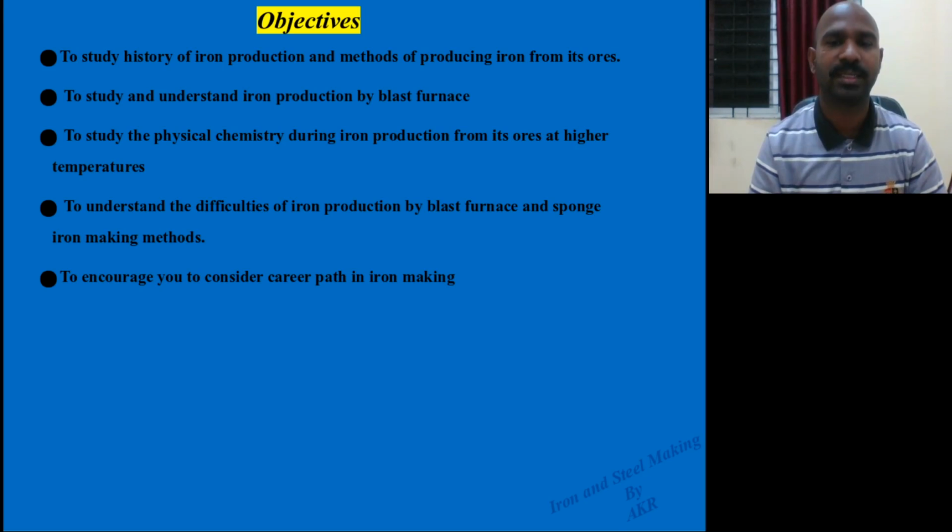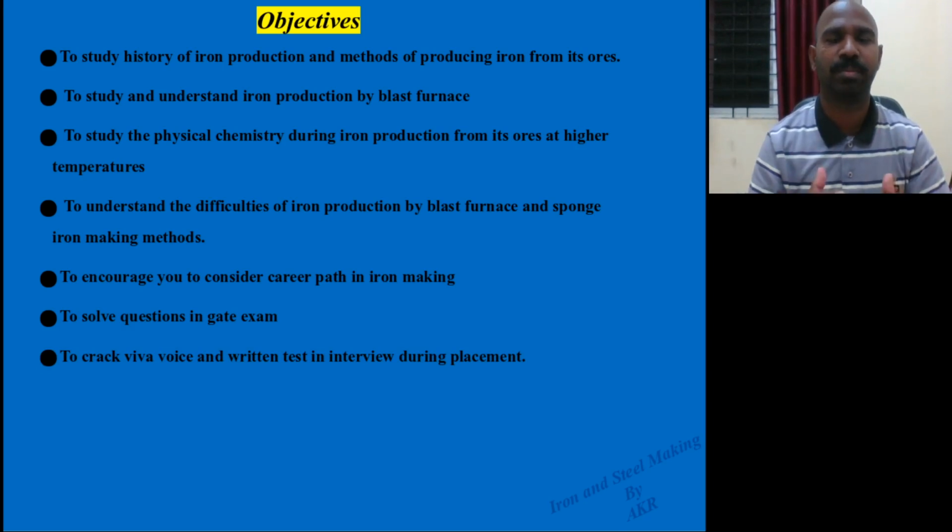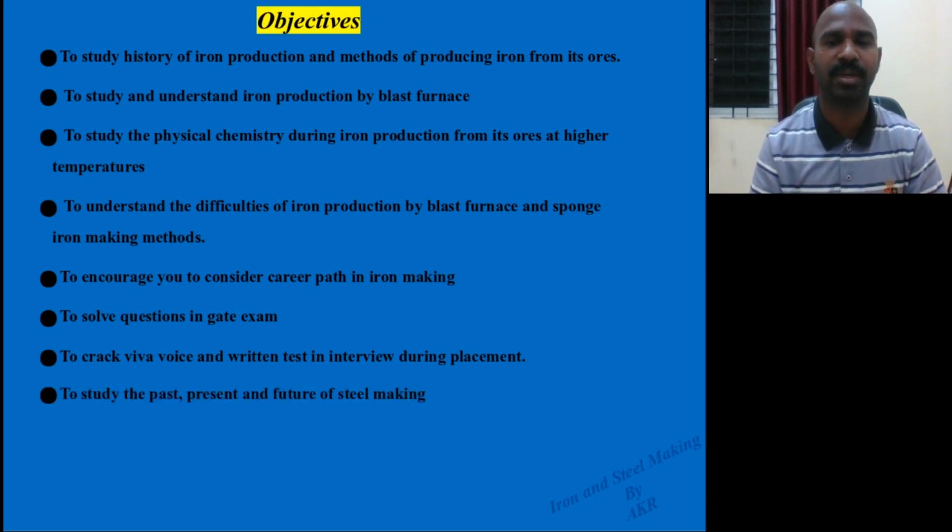There are many students working in Adhunik Steels, SR Steels, Tata Steel and Vizag Steel Plant, and solving certain questions based on the GATE exam, and cracking the viva and written test in the interview during campus placements, on campus or off campus. Questions with respect to iron and steel making will be provided at the end of this course.